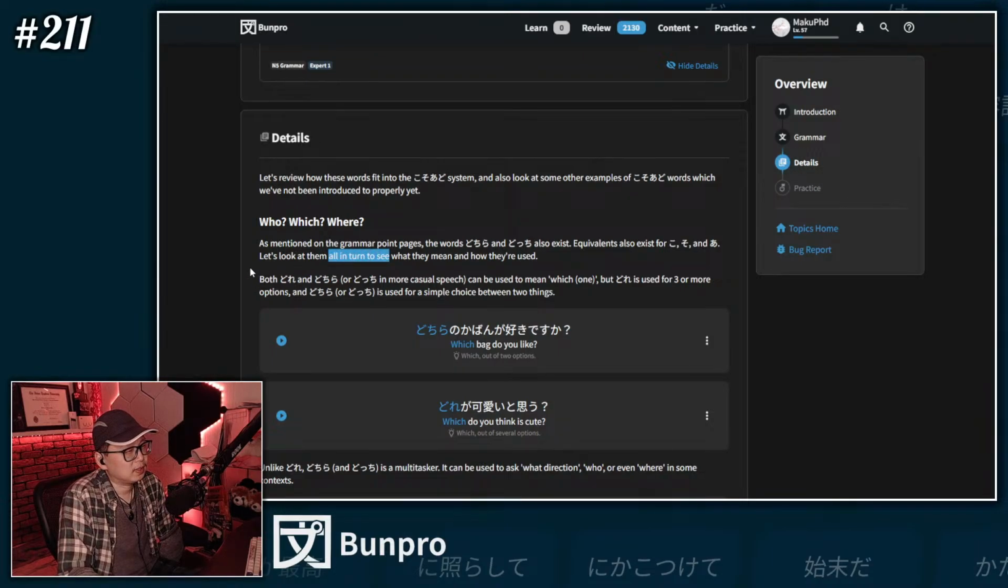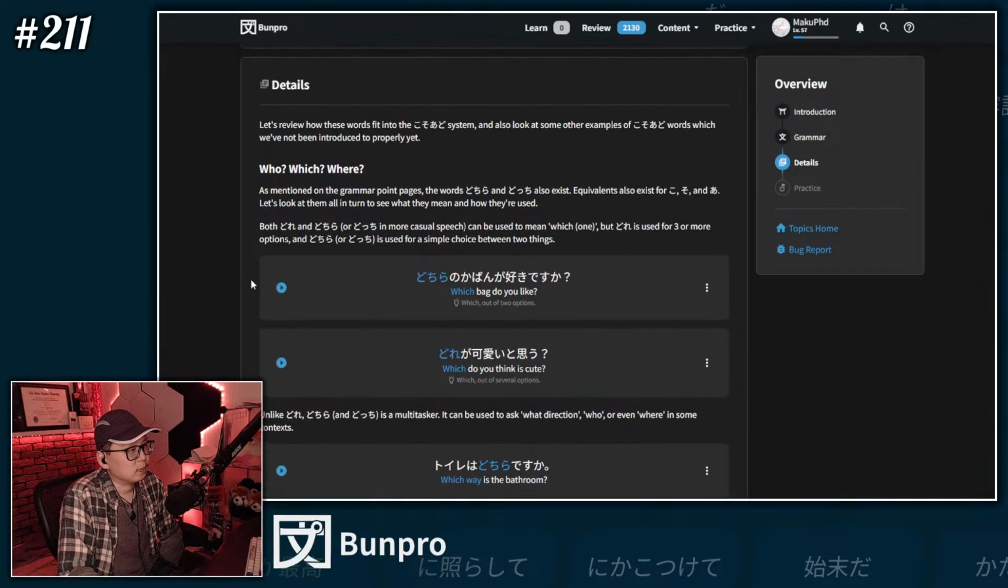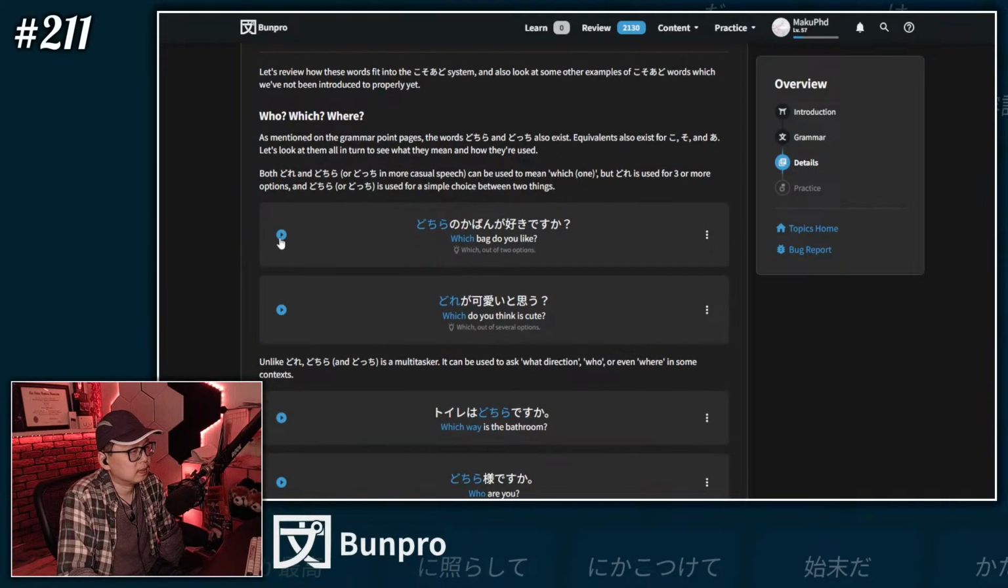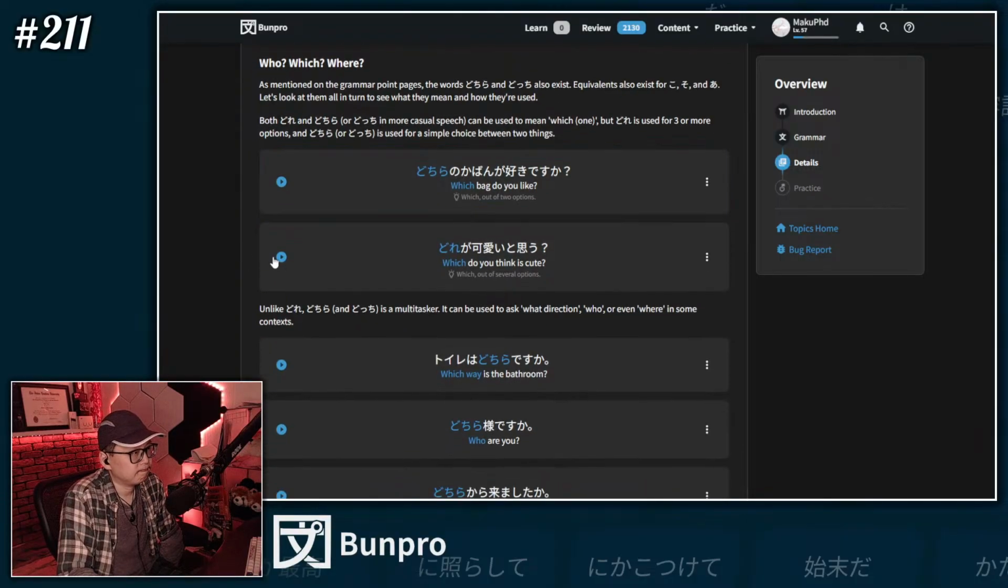That's a weird phrasing too. Anyways, both dore and dochira or dochi is more casual speech, right? Dochi can be used to mean which, but dore is used for 3 or more options, and dochira or dochi is used for a simple choice between 2 things. どちらのカバンが好きですか？どれが可愛いと思う？